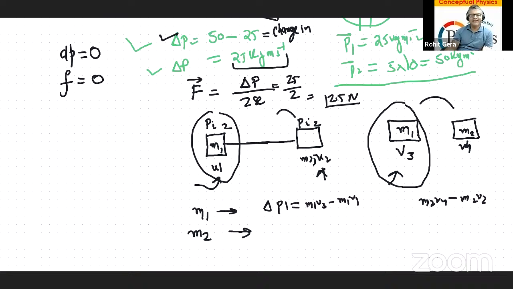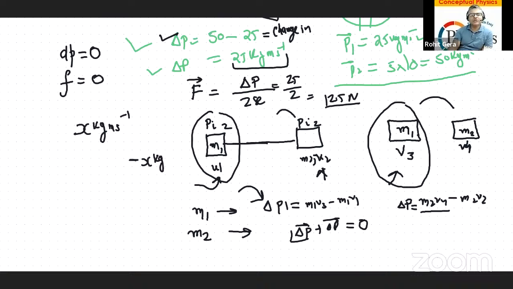What you will find is that the momentum change of the second body after the collision, plus the momentum change of the first body, will still sum to zero. Which means if one shows a momentum change of x kilogram meter per second, the other will show minus x kilogram meter per second, because in this collision